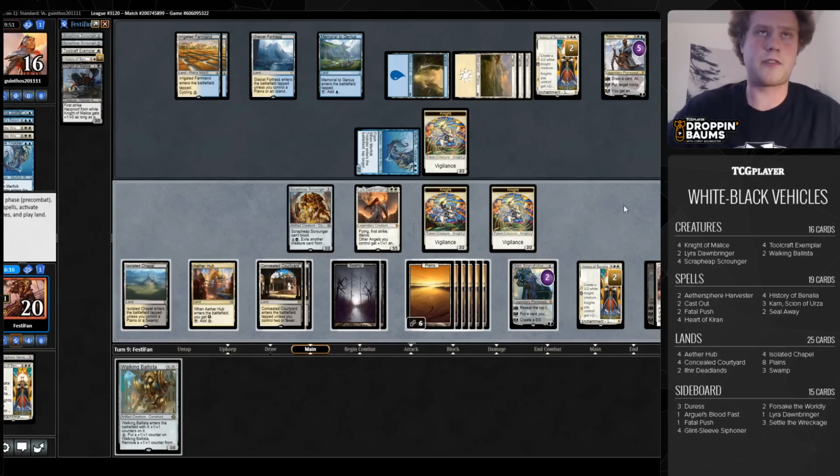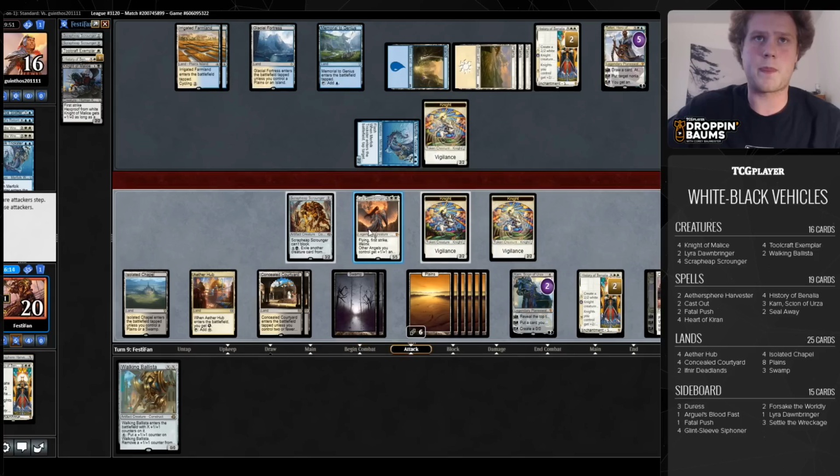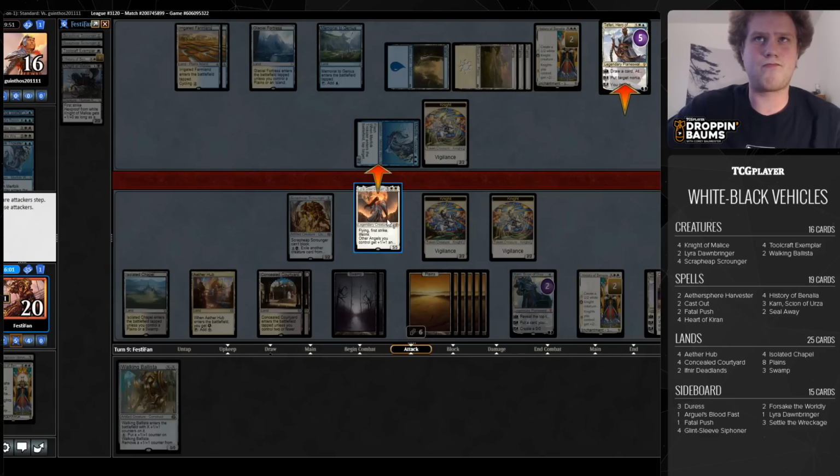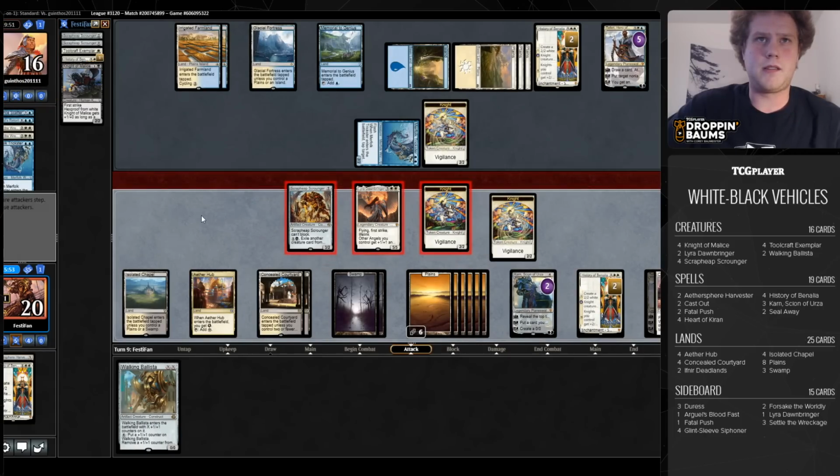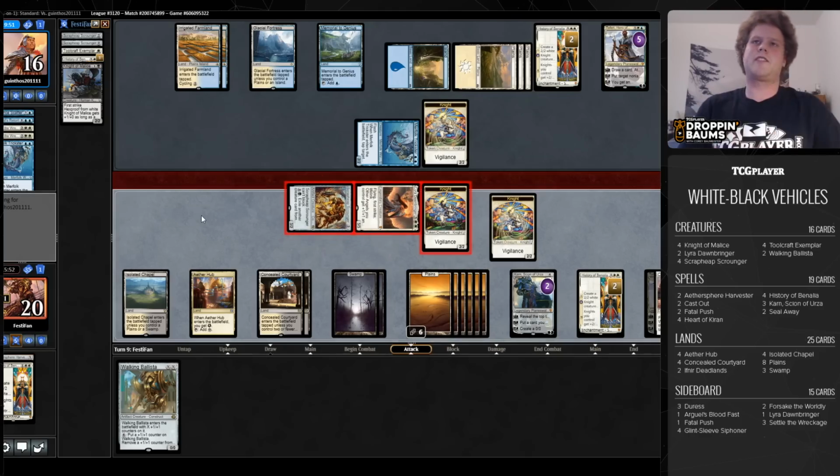I think it's pretty hard for us to lose even through a Settle if we just attack conservatively. Like this at Teferi, and then the rest at them. Yeah, we're going to do that. Hopefully not have a Settle or a Seal, but...